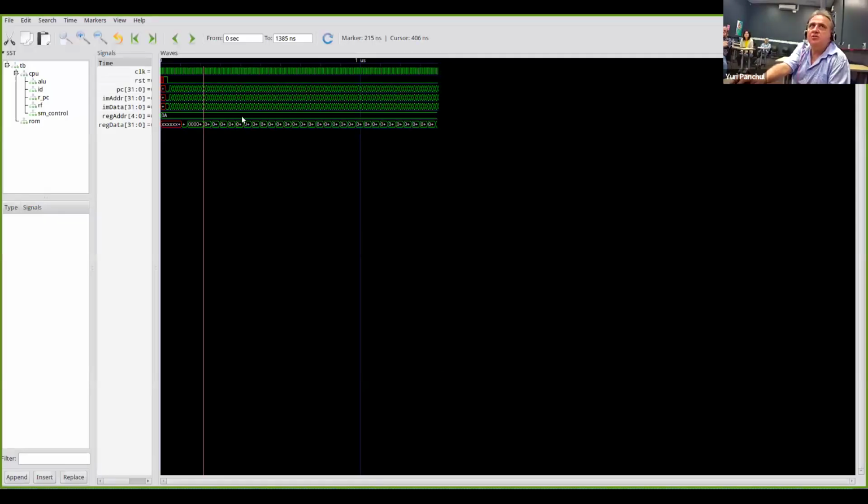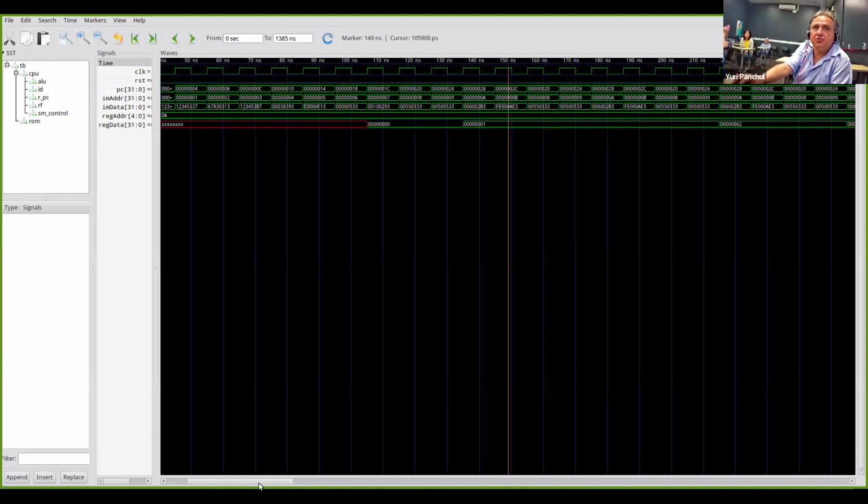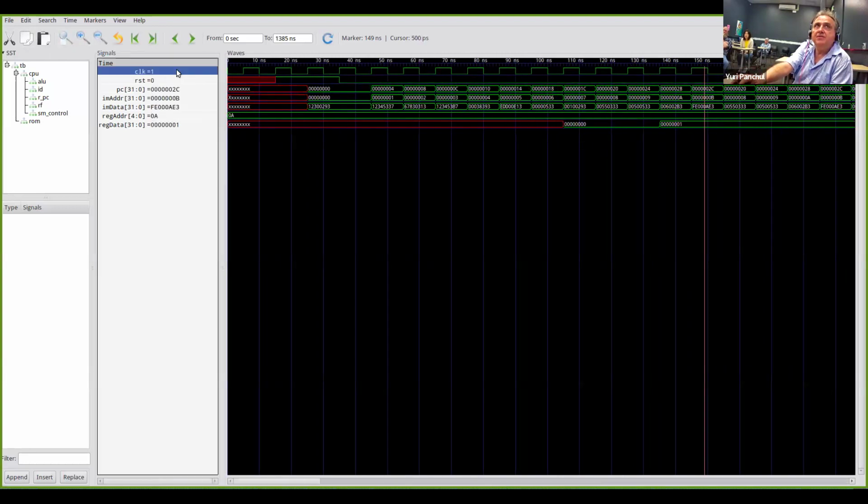So this is the most simple waveform viewer you can possibly have, which is GTKWave. This just shows how a processor works inside. You are getting a clock signal which goes up and down with a certain frequency. You're getting reset. This is a program counter which shows which instruction is now executed, and then you